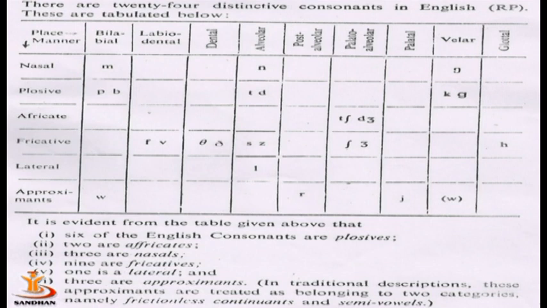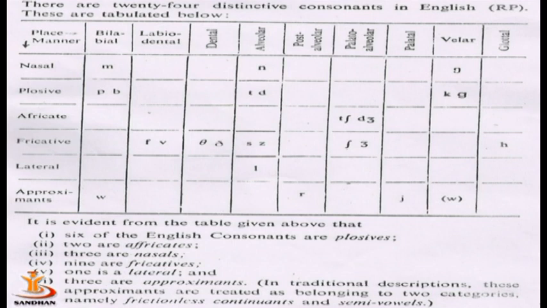Remember, I told you about symbols. What happens when you have a word like chair, which begins with CH, and you also have a word like chorus, which begins with CH? But in chair, the pronunciation of CH is Ch, and in chorus, the pronunciation of CH is K. So what are we doing in this universal phonetic alphabet? We are trying to have symbols so that whenever you see this symbol, you know the sound. We are not worried about the letter, CH as in chair or chorus. Because when I see this symbol, which you are seeing in the